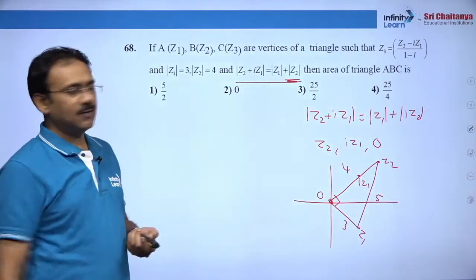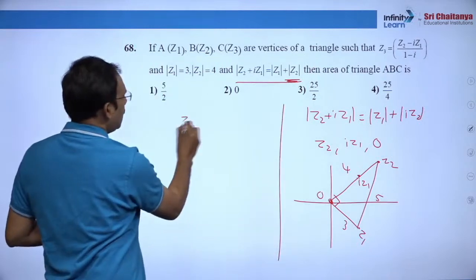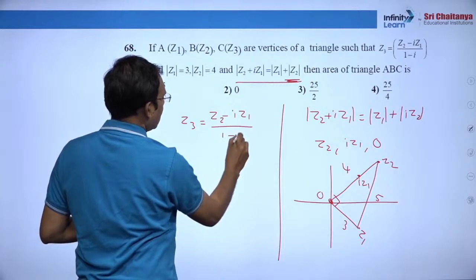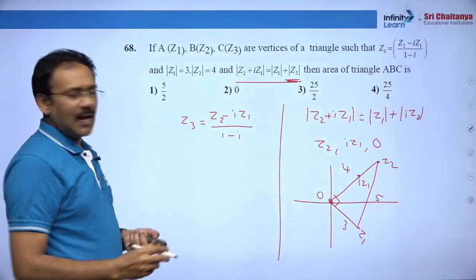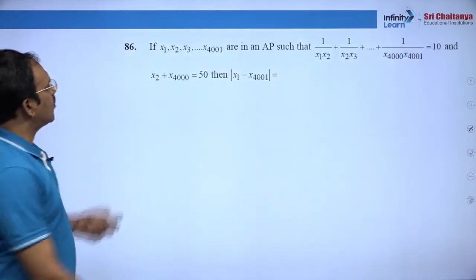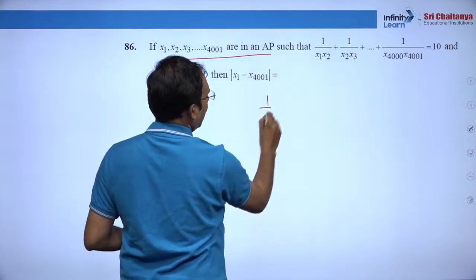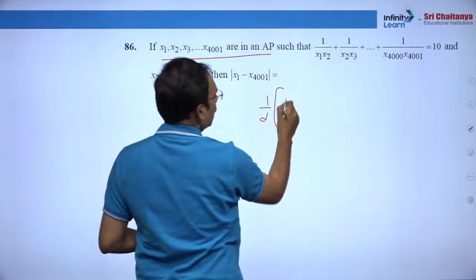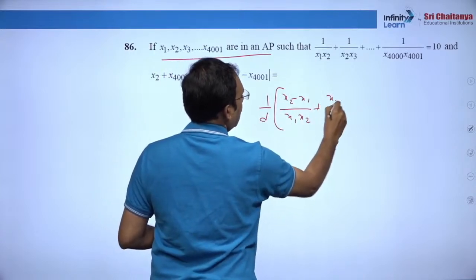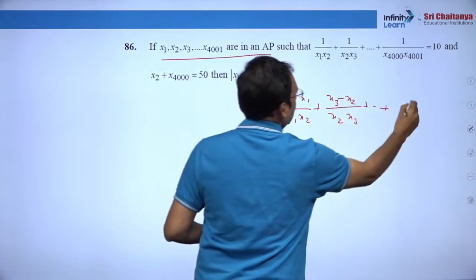That is step 1. Second step, my dear friends, here he has given z3 is equal to z2 minus I z1 by 1 minus I. You just cross multiply and rearrange it as z3. Next, my dear friends, these are the numbers which are in AP. You just multiply here, divide with common difference d. Here you write x2 minus x1 by x1 x2 plus x3 minus x2 by x2 x3. Like that, if you just write here, it is